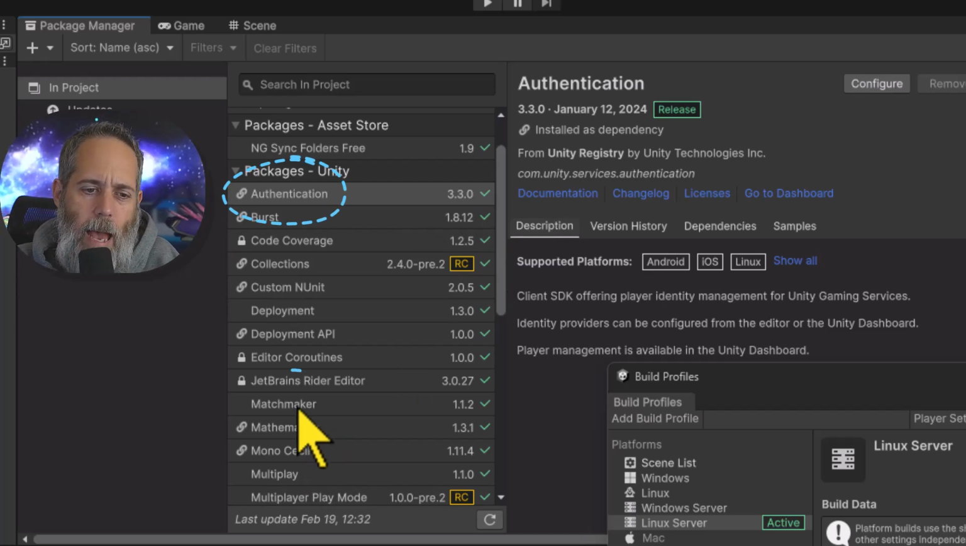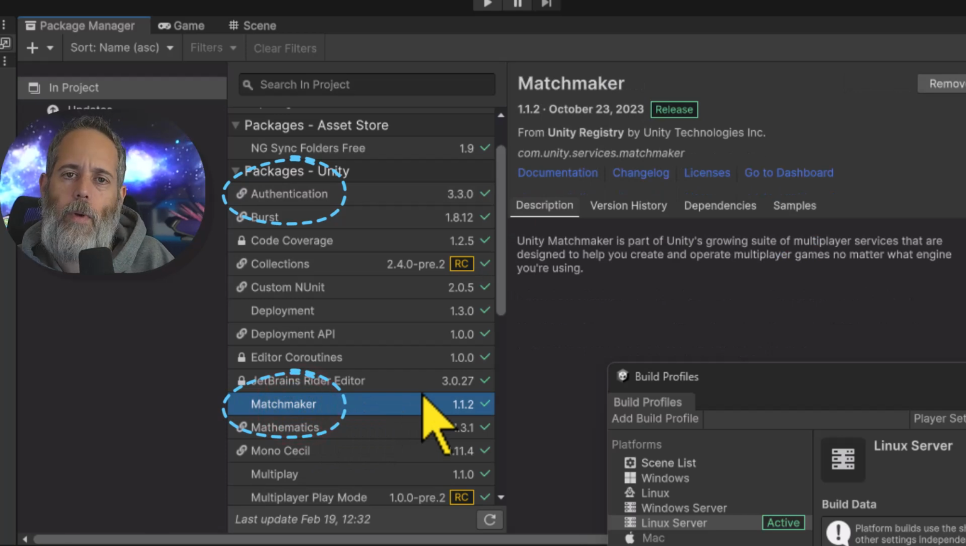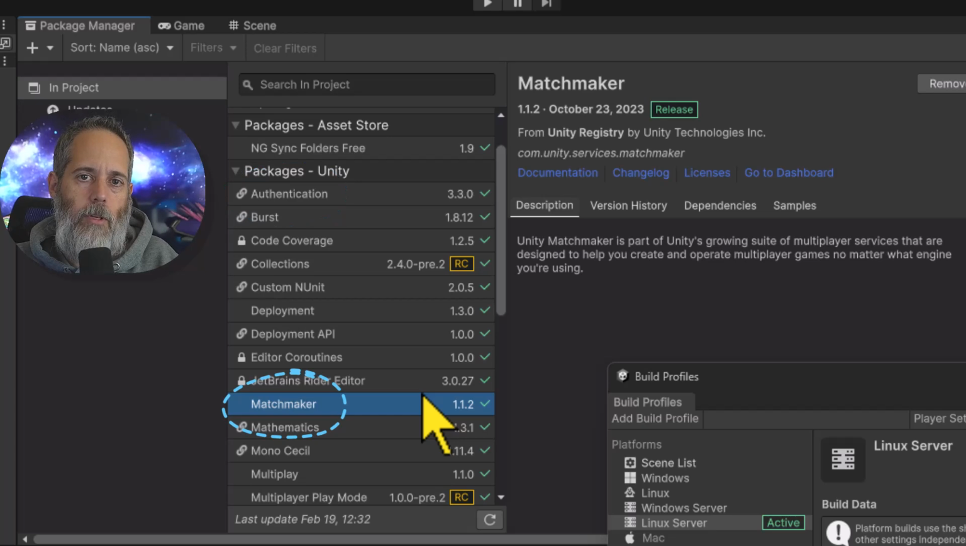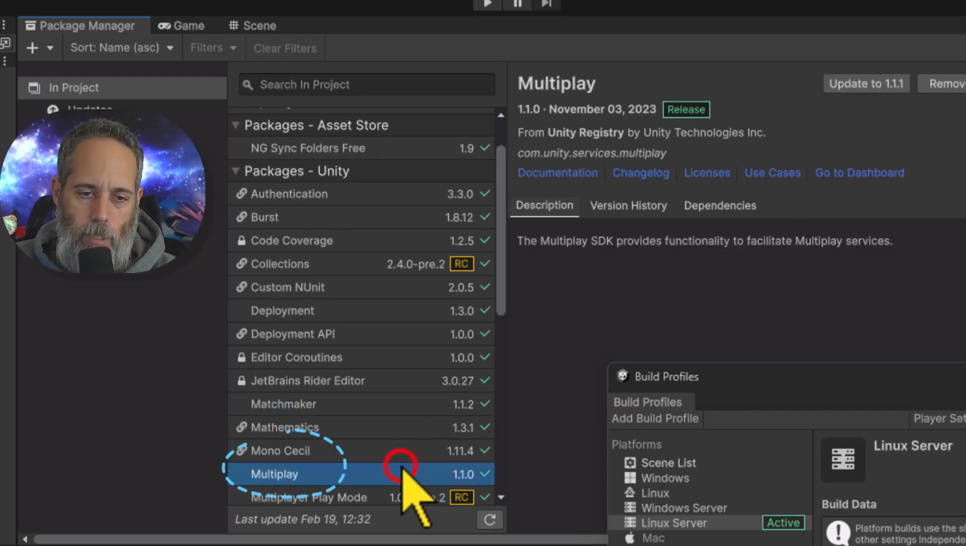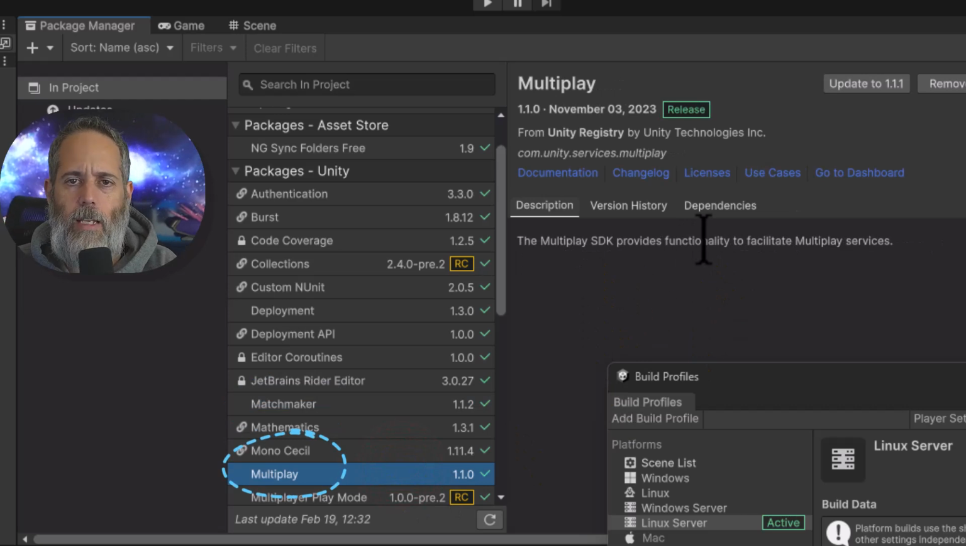We need the Matchmaker package right here, which is responsible for getting players together in queues and putting them into a pool and then sending them off to a server. And then we need the Multiplay package as well, just for the dedicated server hosting side. So once you have all 3 of those installed, let's take a look at what we'll need for a scene